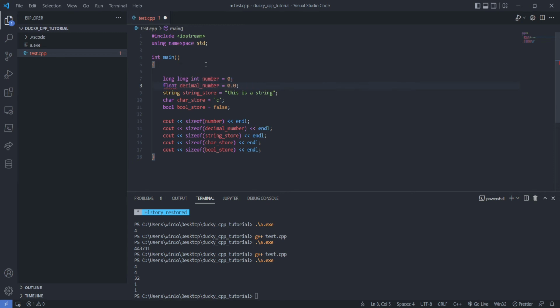Maybe it doesn't. So I'm just gonna leave that there. You can use double and long in combination only with the integer type. So I can only increase the size of the number variable. Let's compile this